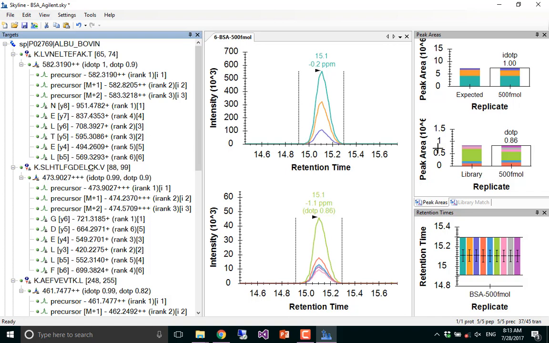And I have actually seen Skyline uses the dot product to pick the peaks, and I've seen people who've used libraries that are so far off what they're measuring that Skyline will start picking just really wild peaks, and they go, why did Skyline pick this little thing in the dirt here? And it's like, well, it's because your dot product is 0.3, you know. You should always be thinking, when you get a new library and you're going to try to use it, about how high you can expect this to be. Whereas